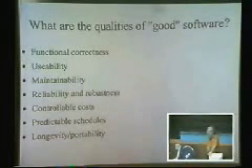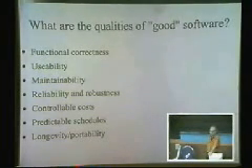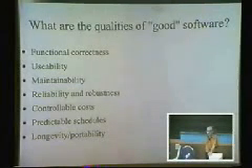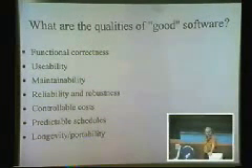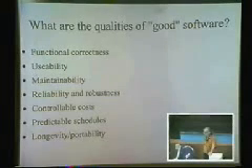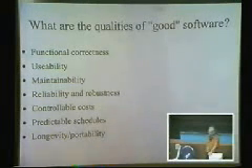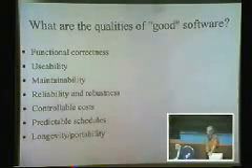Reliability means it not only has to do what it's supposed to do occasionally, it has to do what it's supposed to do always. Well, always. It depends on the kind of program, really. If we're back in the operating room, it has to do it always. How many patients are we willing to have die before we decide the software is no good? It has to do it always.